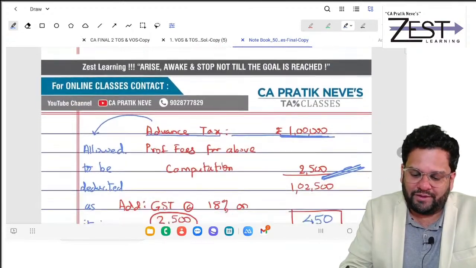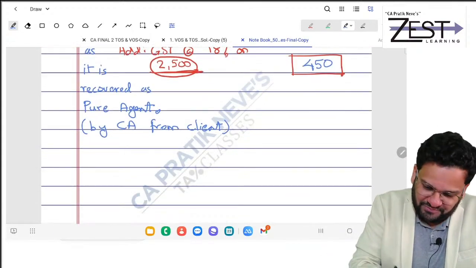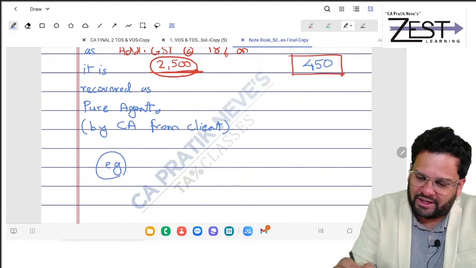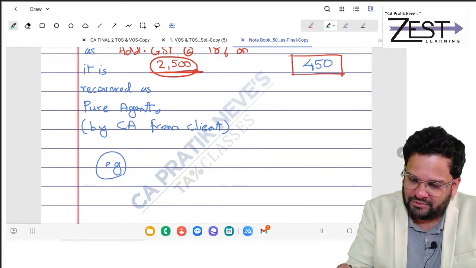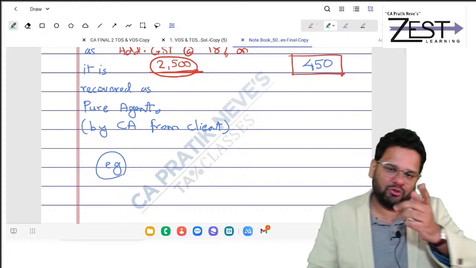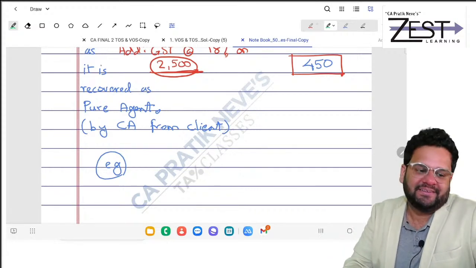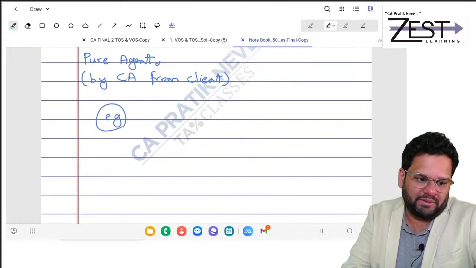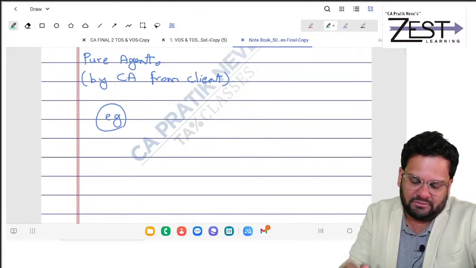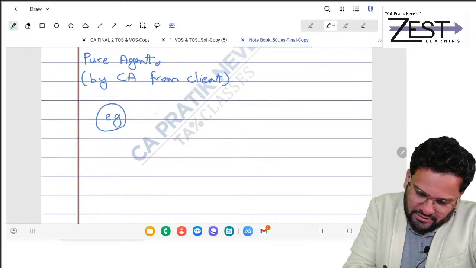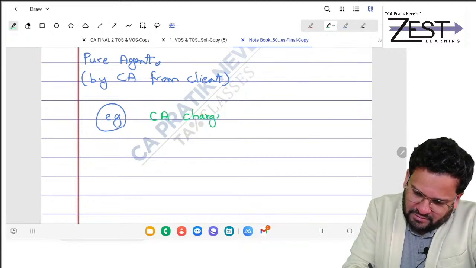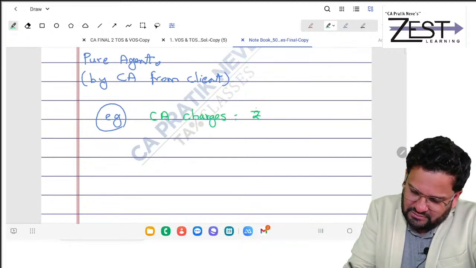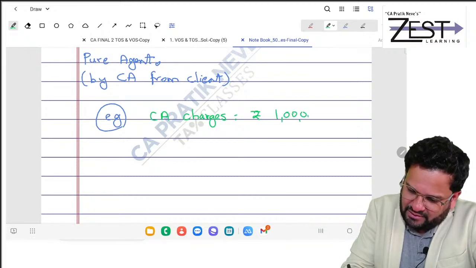I will give you one more example to confuse you. First I want to confuse you, then I want to convince you. That is how it goes. Can I give you one more example? So the example goes like this. Pay attention. CA charges rupees 1 lakh as